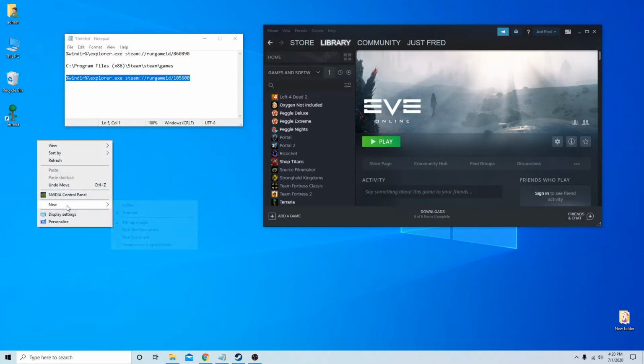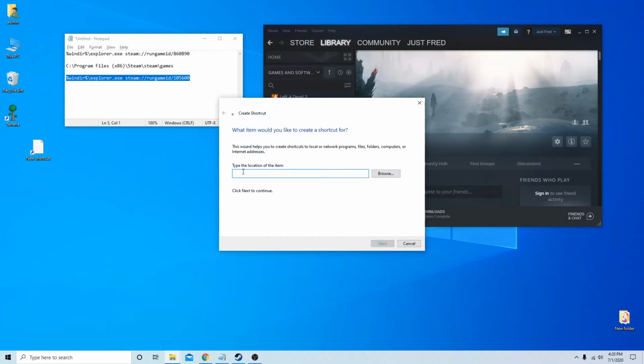So now in any folder, I'm going to use the desktop. Right click and click shortcut, or right click new shortcut, and paste that string here where it says type the location. Next, give the shortcut a name,